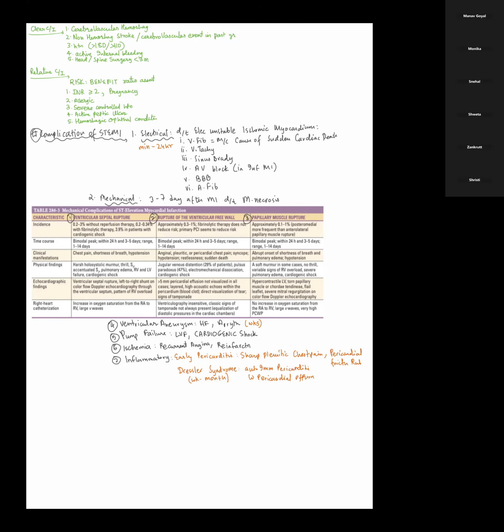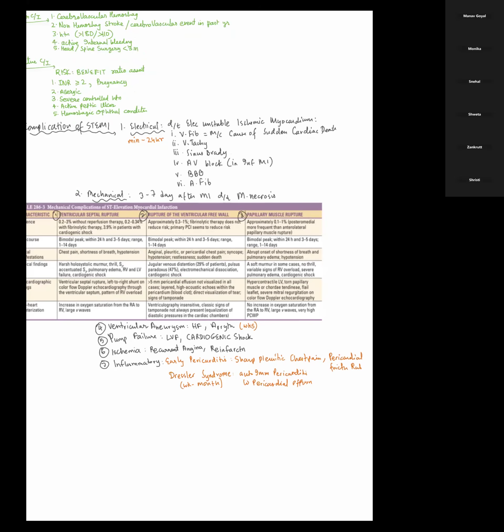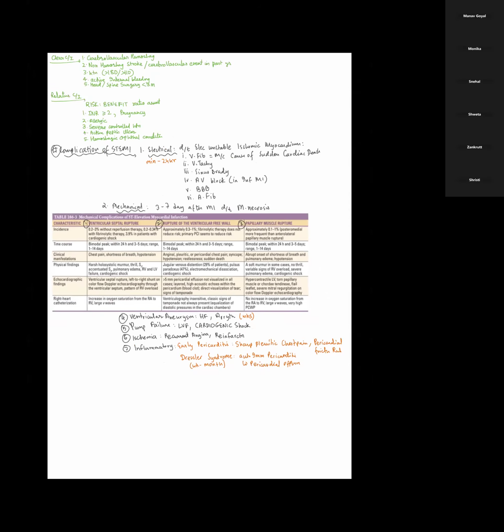And inflammatory changes are seen after months, like Dressler syndrome, which is an autoimmune pericarditis with pericardial effusion, and early pericarditis presenting as sharp pleuritic chest pain and pericardial friction rub. So,